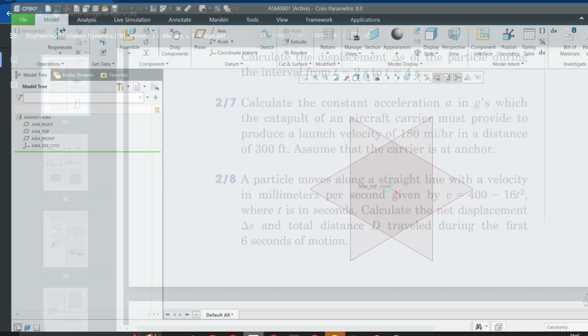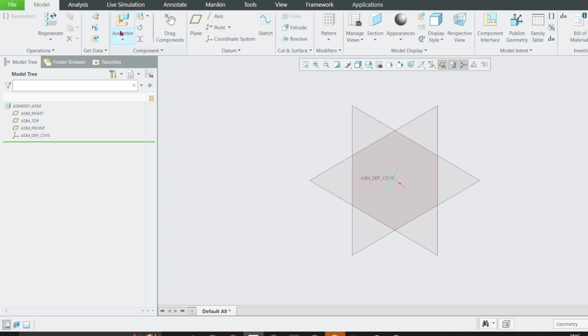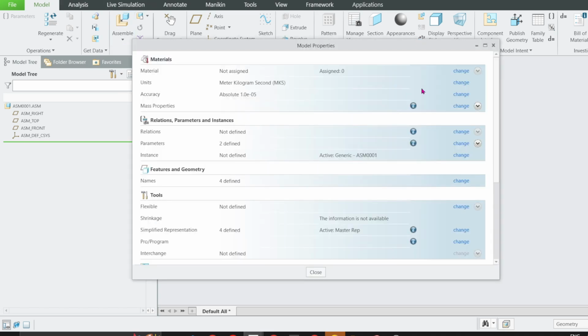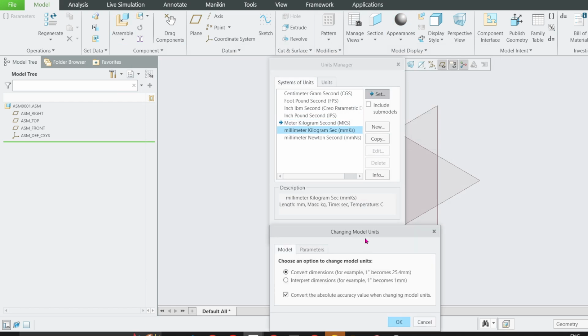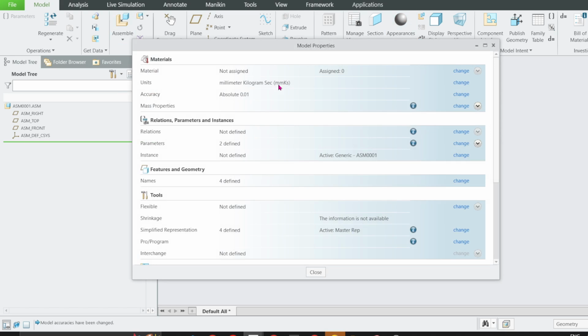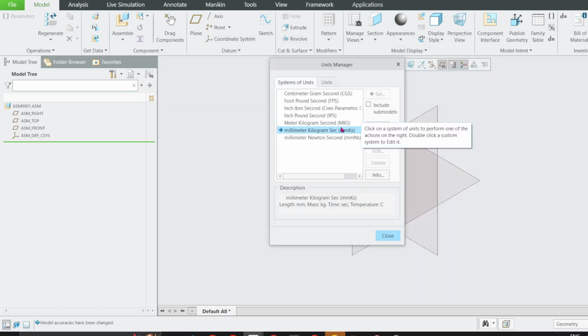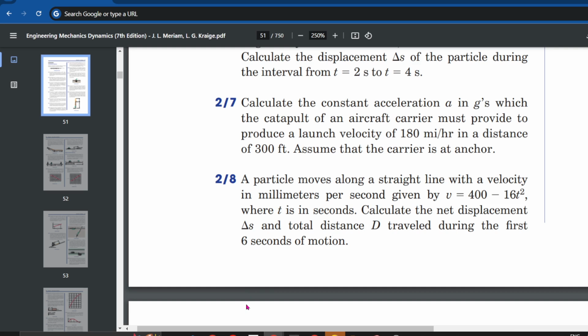Let's now go to Creo. I'm going to set my units to be millimeters per second here. Set them. Okay, now I'm using millimeters per second. You can see here, I'm using mm, and this one is Kelvin and seconds. Then we are saying what? We are saying that